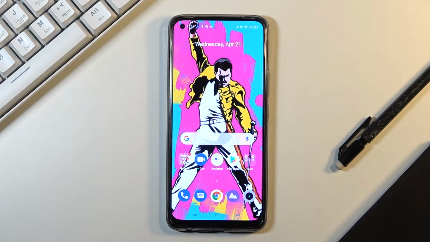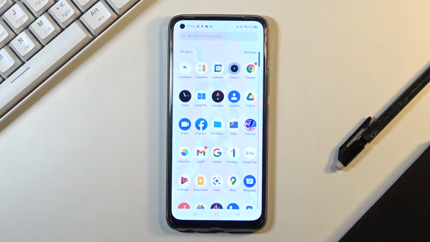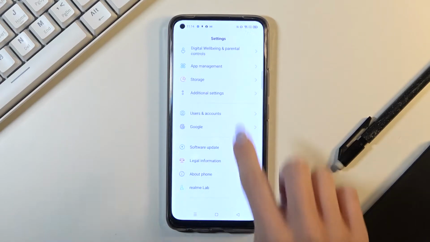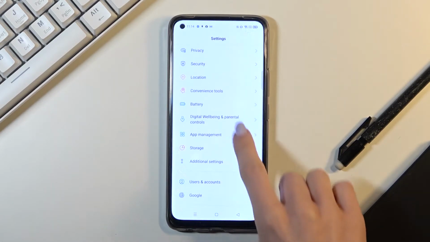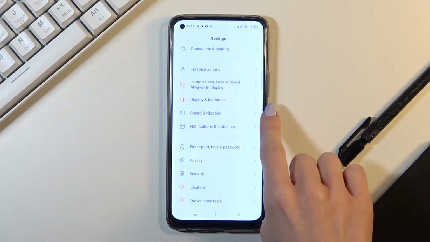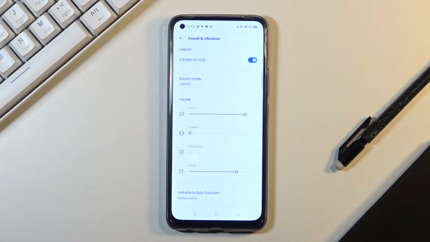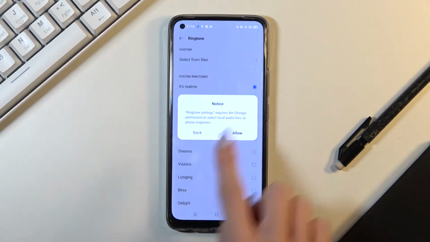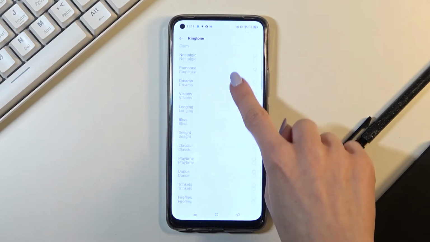In front of me is Realme 8, and let me show you how to change ringtone on the following device. So first of all, you need to open list of all apps, then go to settings, and now locate and open sound and vibration right here. Then go to ringtone right here, it's under DND mode, tap on allow, and smoothly pick the ringtone that you